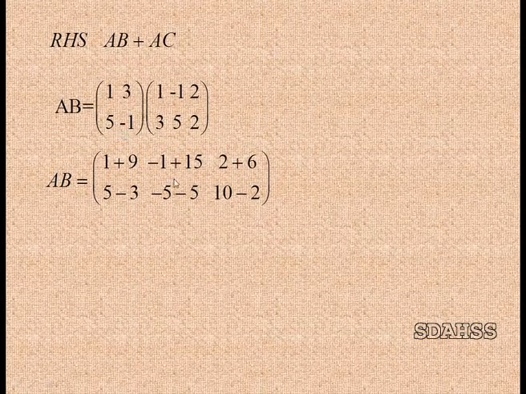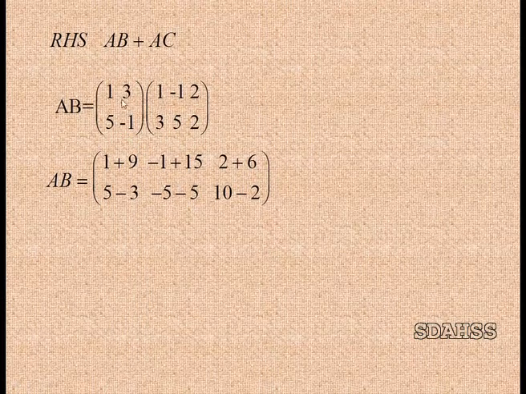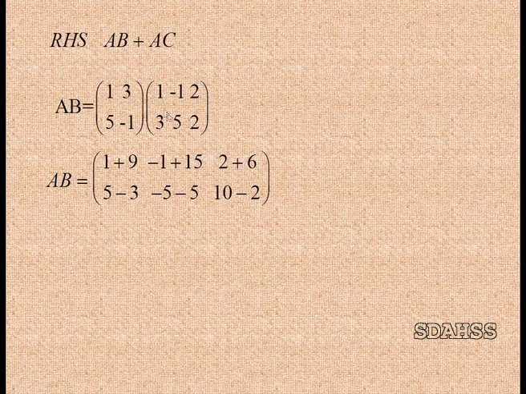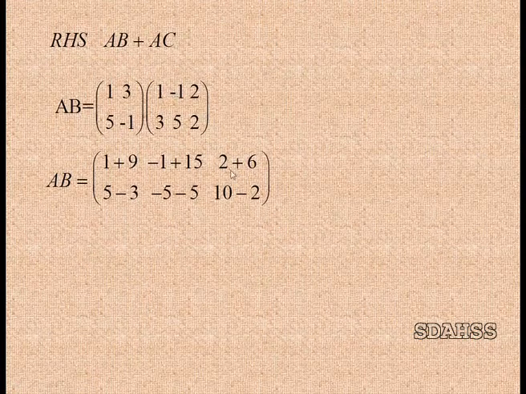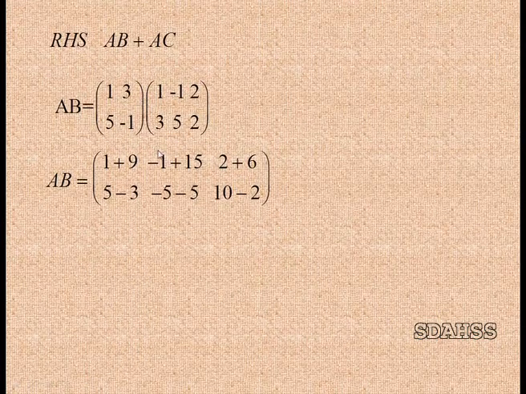Minus 1 into 5, minus 5. Then multiply the first row and third column. Then you have 1 into 2, 2, plus 3 2s are 6. Multiply